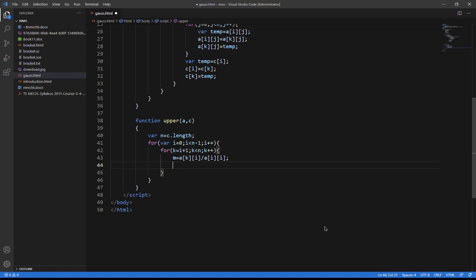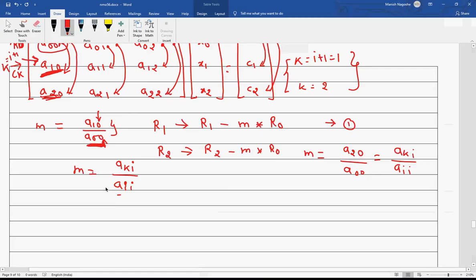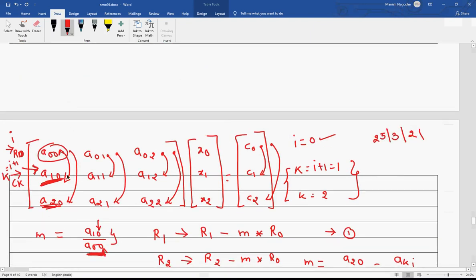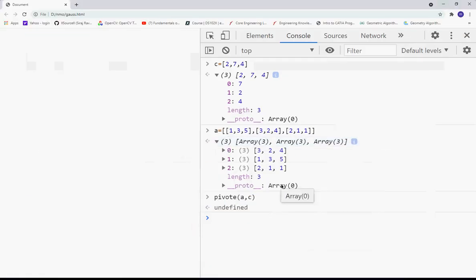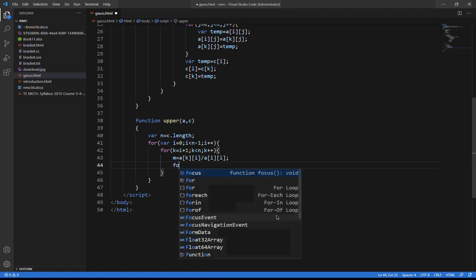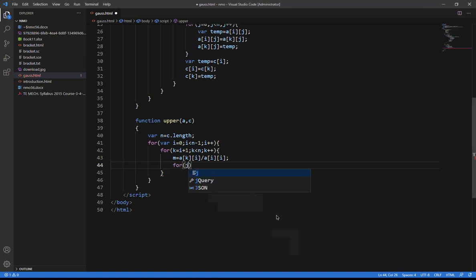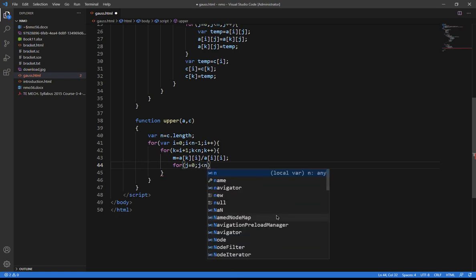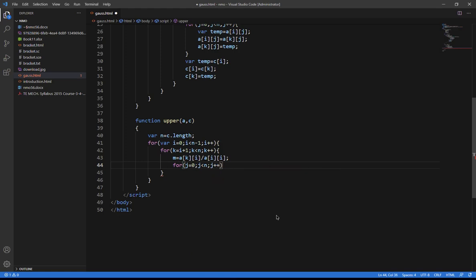And now once I got it, each element I have to subtract. From this to this, this to this, this to this, so it's time to vary the column, and therefore I start writing a code to vary the column. So for J equal to, it will start from the first column and go up to the last column, and the increment will be by 1.